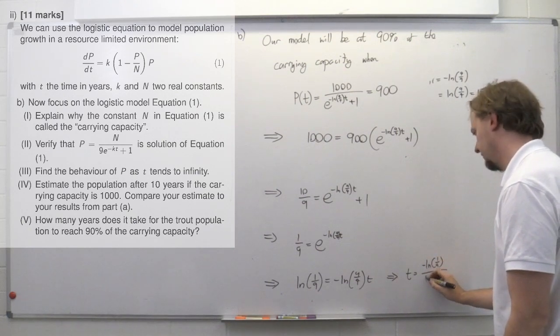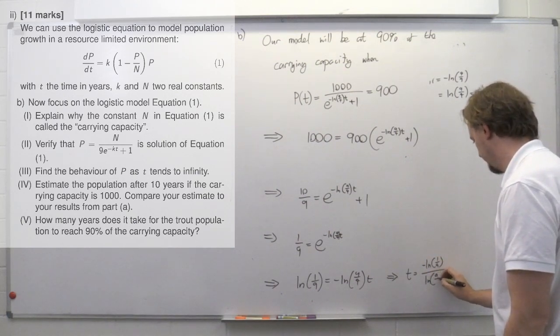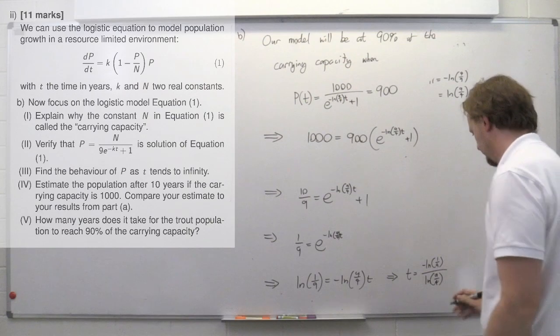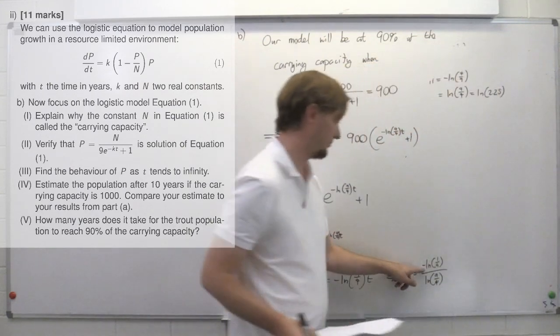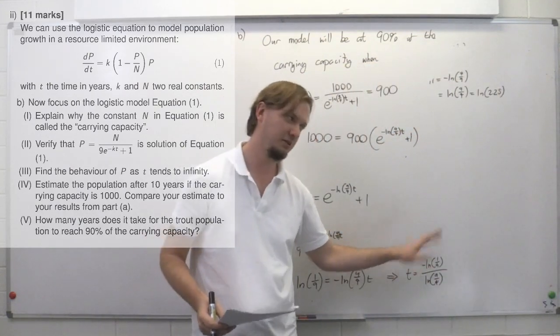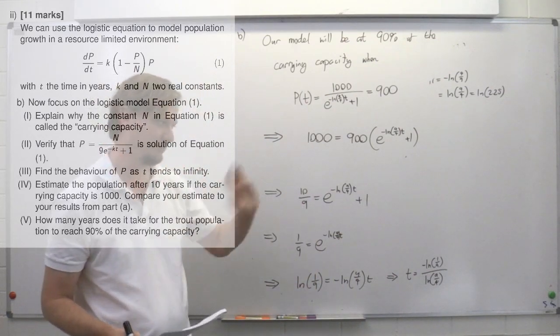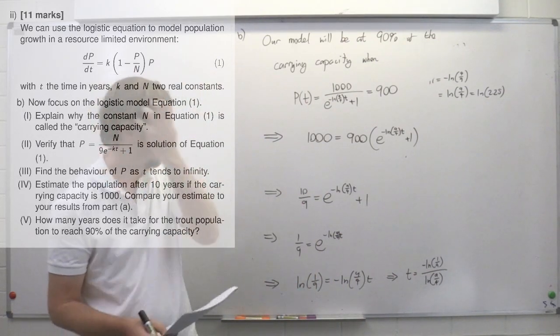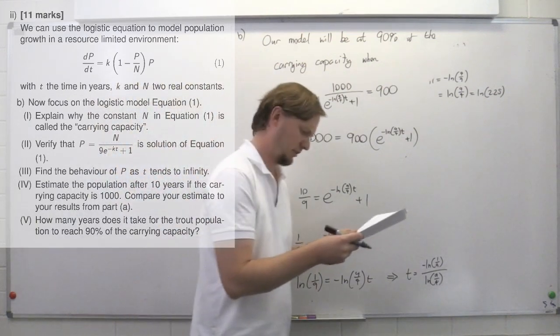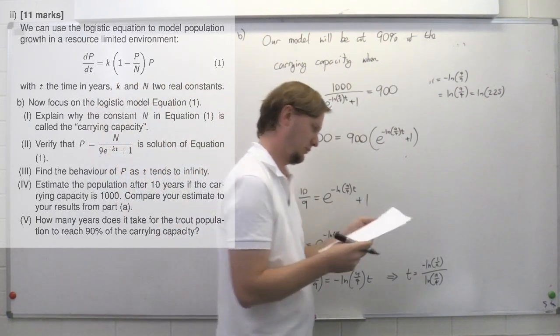Minus the log of 1/9 over the log of 9/4. And that's good because this top number is minus a negative number, so it will be positive. So we didn't start close to 90%, so it has to be in the future. So that makes sense. And approximately, if I do put this